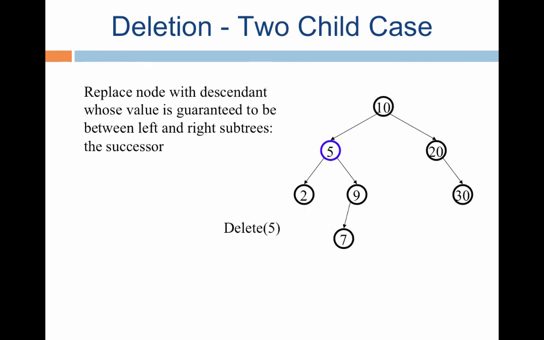If you have two children, then conceptually also it is not hard, but it is new. You want to delete 5, go to the right side, pick the smallest value larger than 5 and copy it here and delete that particular value from the tree. You have a binary search tree. It's very easy to analyze.